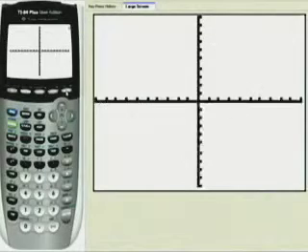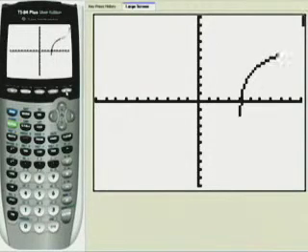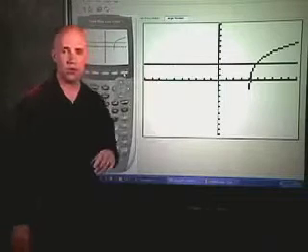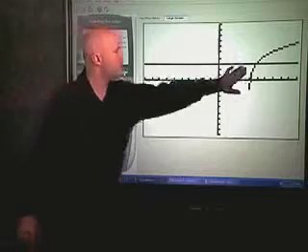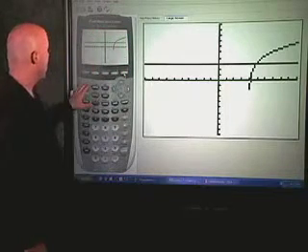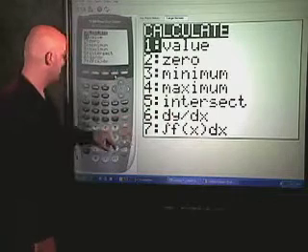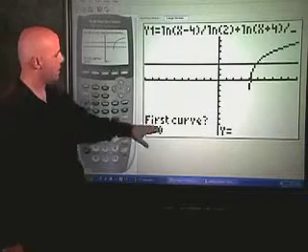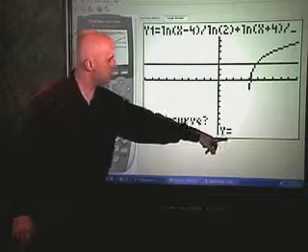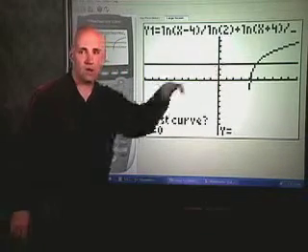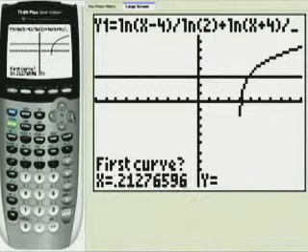We're going to graph that using our standard viewing window. We have the graph of y1 and the graph of y2 that comes through there. We're looking for this intersection point. We'll go to our calc menu and pick option 5 for intersect. For the first curve, we notice there's no y value present here. We're not actually on the graph of y1 right now. So we're going to need to scroll over